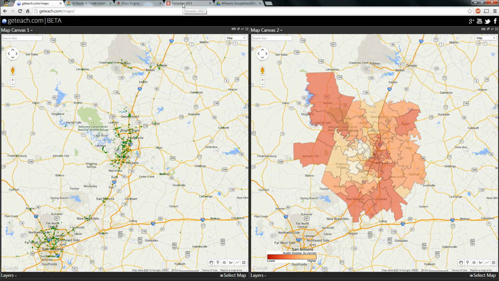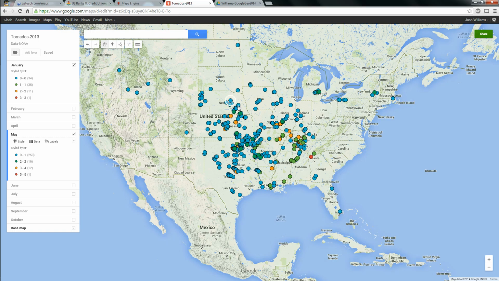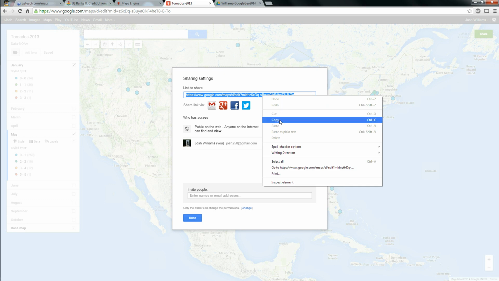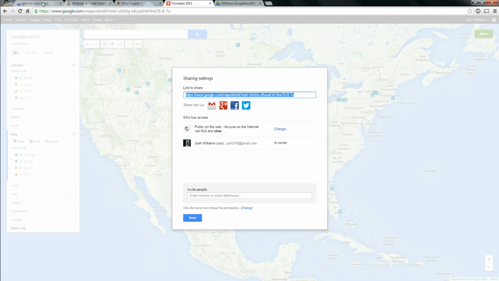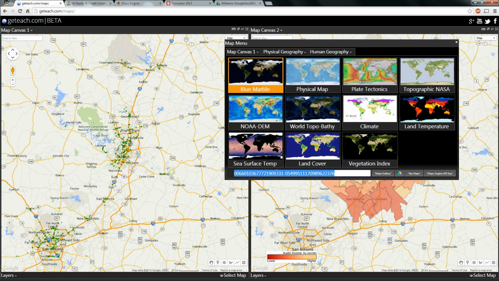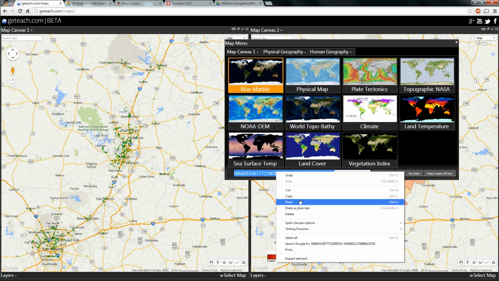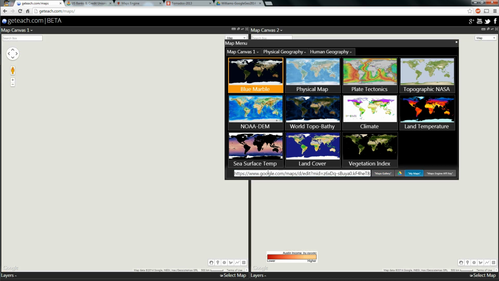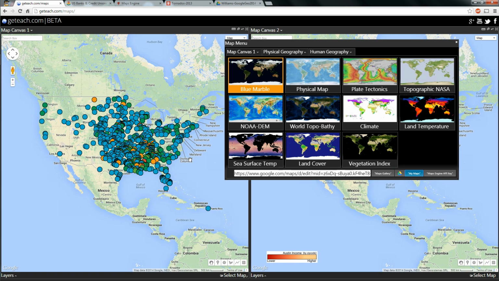You also have the ability to import a My Map now. With My Maps, there's a shared icon. Make sure you have it shared with anyone, and you just right click, copy that shared link, come back over to geteach.com, replace that, paste, and that's canvas 1, that's the one I want. And because it's a My Map, that's the button I'm going to click, and the maps are actually going to reset. There's a different view from the My Maps every time you make it, and it's set to